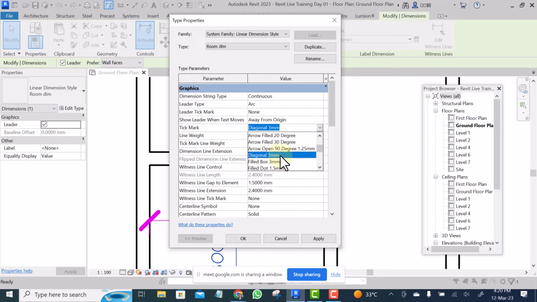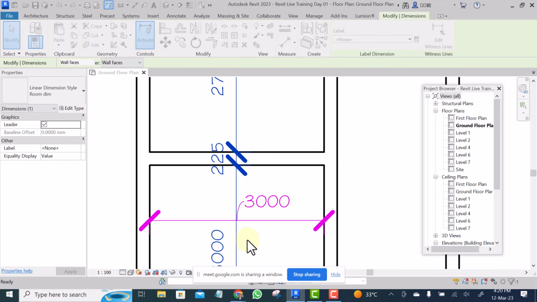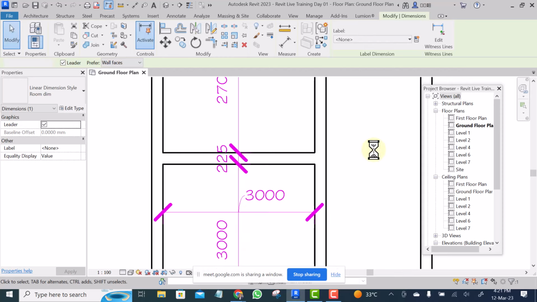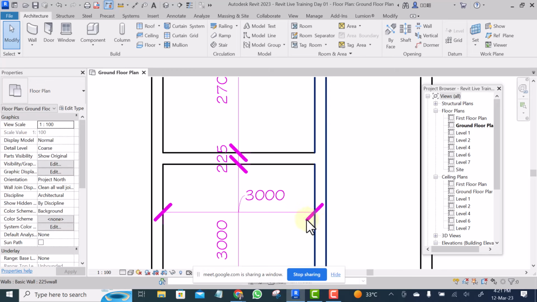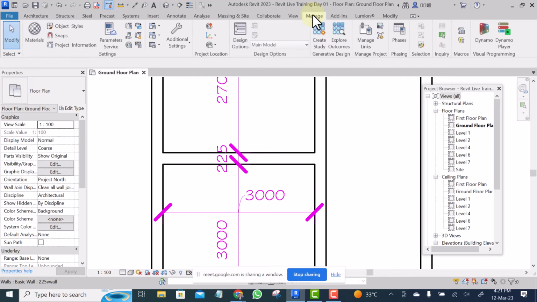What we are going to do to reduce it is to create another one. So let me click OK now. Now if I want to create another tick mark that will be shorter than this, all I need to do is to go to Manage tab, and while on Manage tab, you see there are other things here, but where I will go is this additional settings,